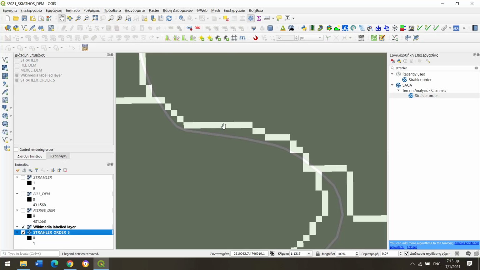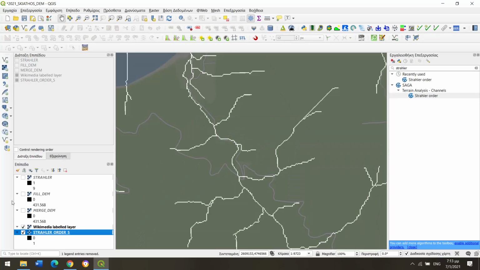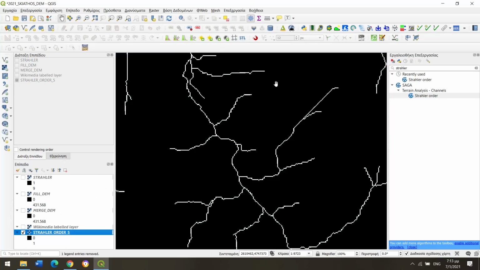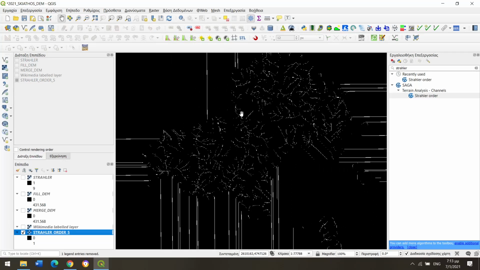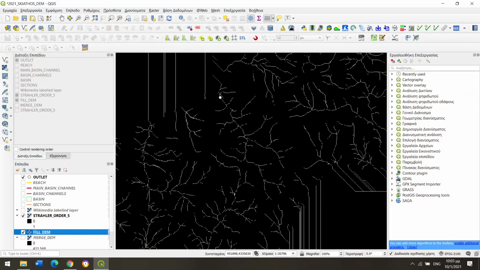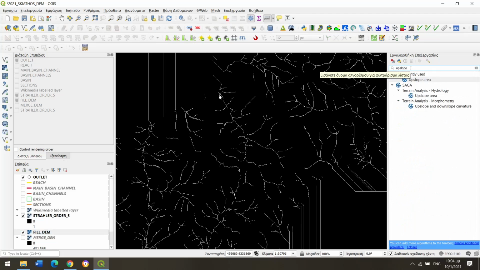So in this way I have chosen a point in the west side, midwest side of the island. Once we have decided the point of interest and we have made a point shape file with this point, which is not necessary, all we have to do is to call the algorithm upslope area from the toolbox,